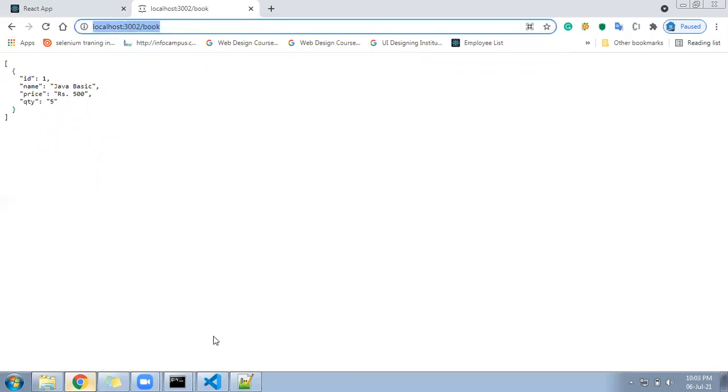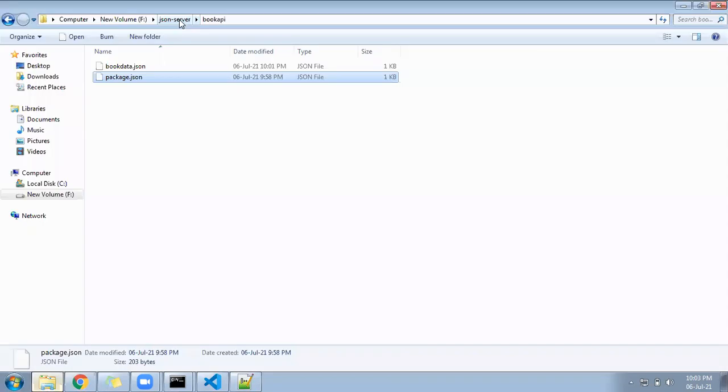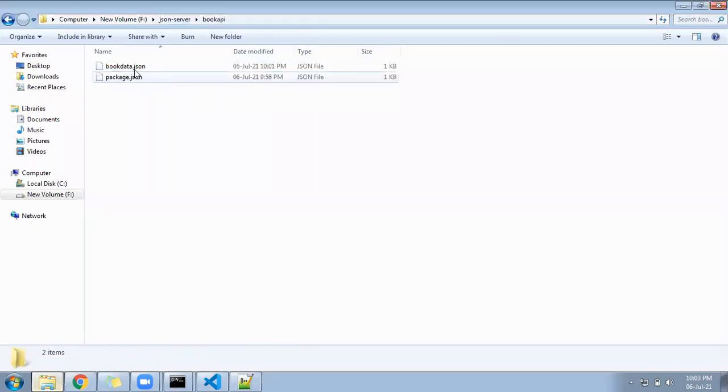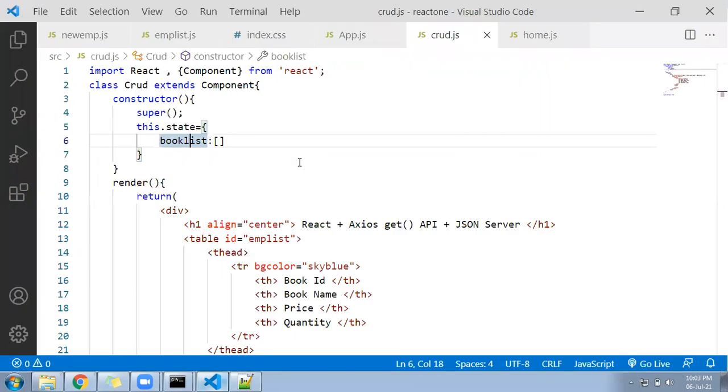Okay. Let's come back, so you saw the flow. What I did, I created a folder. Inside the folder I installed the JSON server. After that I created a file and stored the data. Now the next step for you is you have to come to your React. In the React,